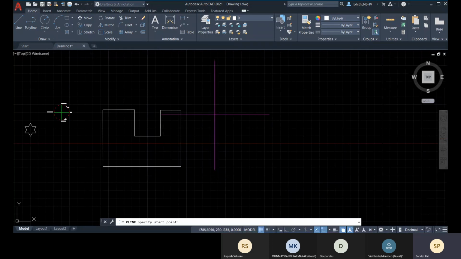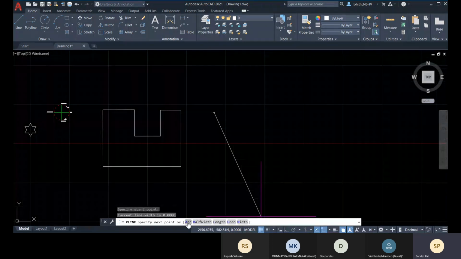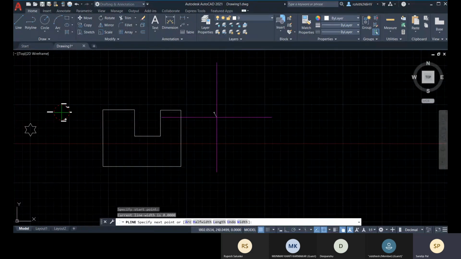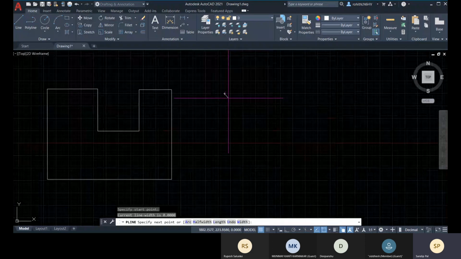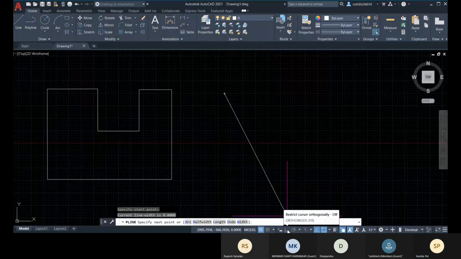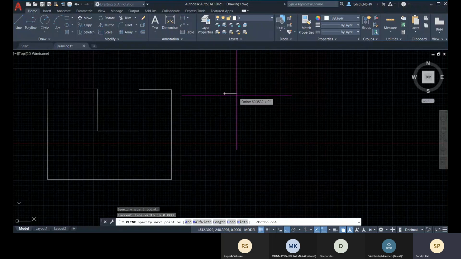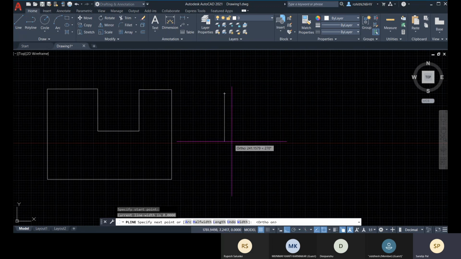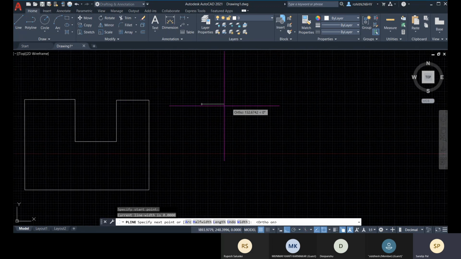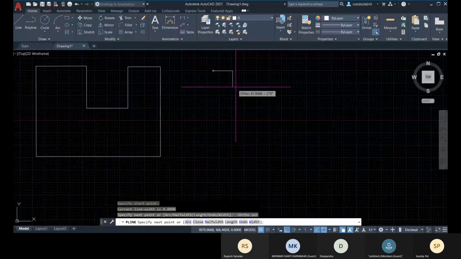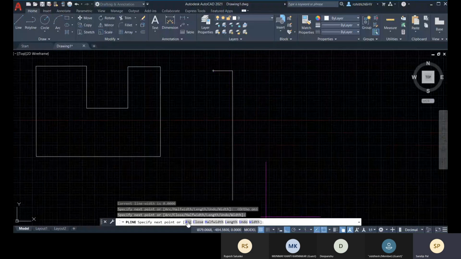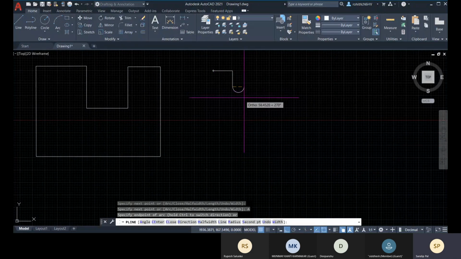Now let me go with this polyline, and you can also create arc as well. Let me turn on this ortho mode so that I can have straight lines. It restricts your crosshair between 0 degree, 90 degree, 180 and 270 so that you can get straight lines. You can easily create arc as well within this segment.